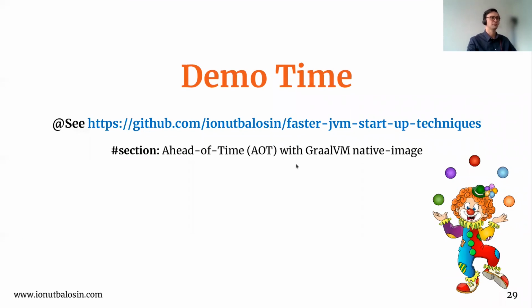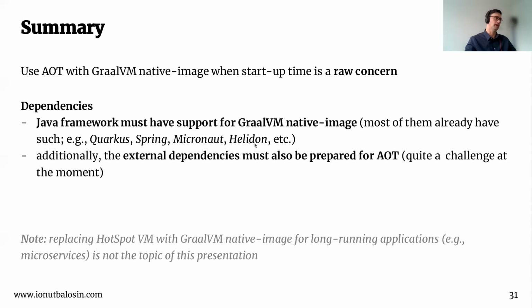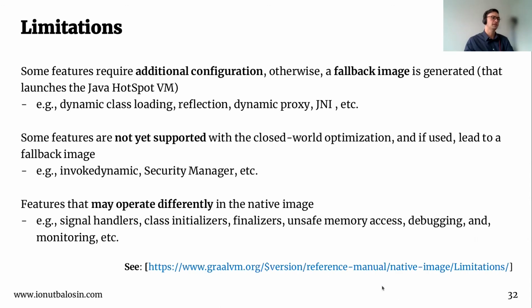Of course, there are some caveats. You need to have extensions for this. Most of the modern frameworks have them, but the problem is also in the transitive or third-party libraries. They also need to prepare for this AOT. There are also some limitations with GraalVM Native Image. You can find all of this in the reference manual. Here I posted a link. By the way, you have to fill in the version. Nevertheless, in a nutshell, if you use, for example,